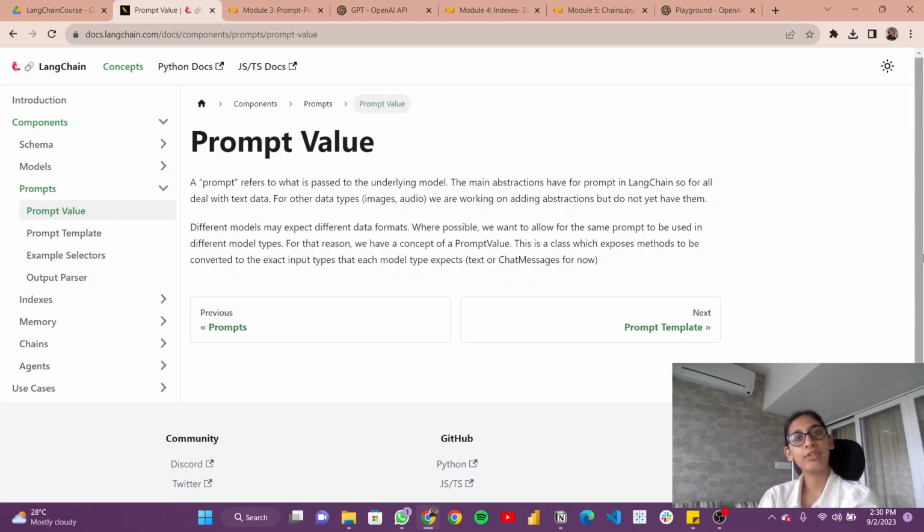A prompt refers to what is passed on to the underlying model. When we consider a large language model, we pass in text to a large language model or a chat model for that matter to get a response from the model. That is basically known as the prompt engineering that we do in order to get an answer from the model. For the large language model, our prompt is a text, but it necessarily doesn't have to be text